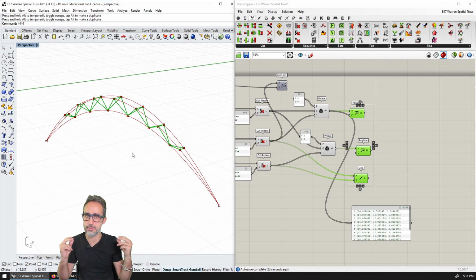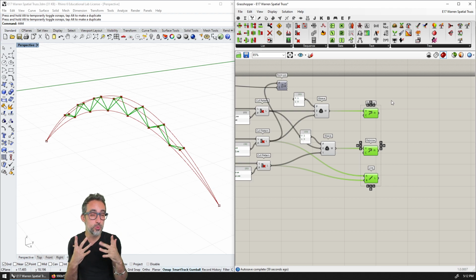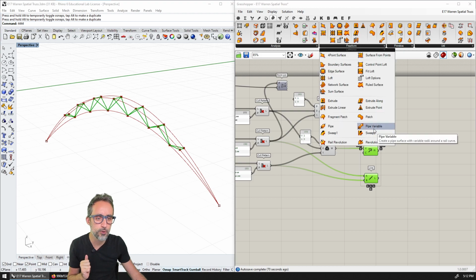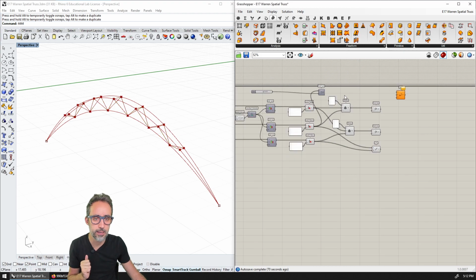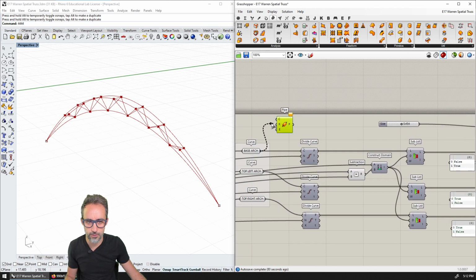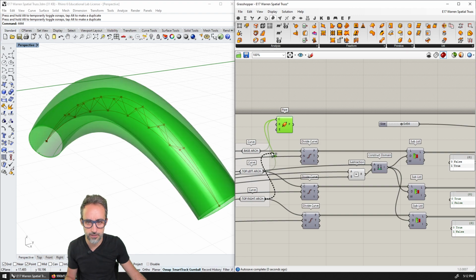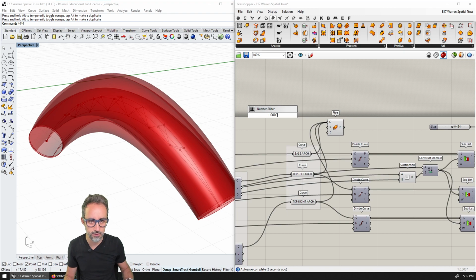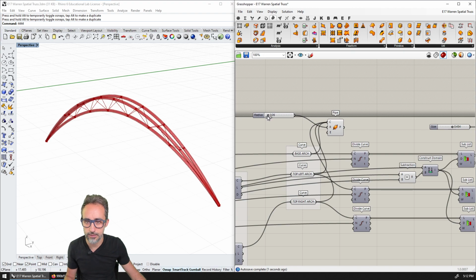But I think we can spice it up a little bit and make it a tiny bit cooler. Just for the sake of visualization, I'm going to indulge a little bit in adding pipes to see these elements with a little bit of thickness and perhaps do some renderings. So I'm going to go to surface, I'm going to do pipe, and first I'm going to place pipes on the curves. So the actual curves. So this is going to be the base arch, the top arch, and the right arch, and the radius is going to be something that I'm going to control numerically. So the radius is going to be something very small, like this.